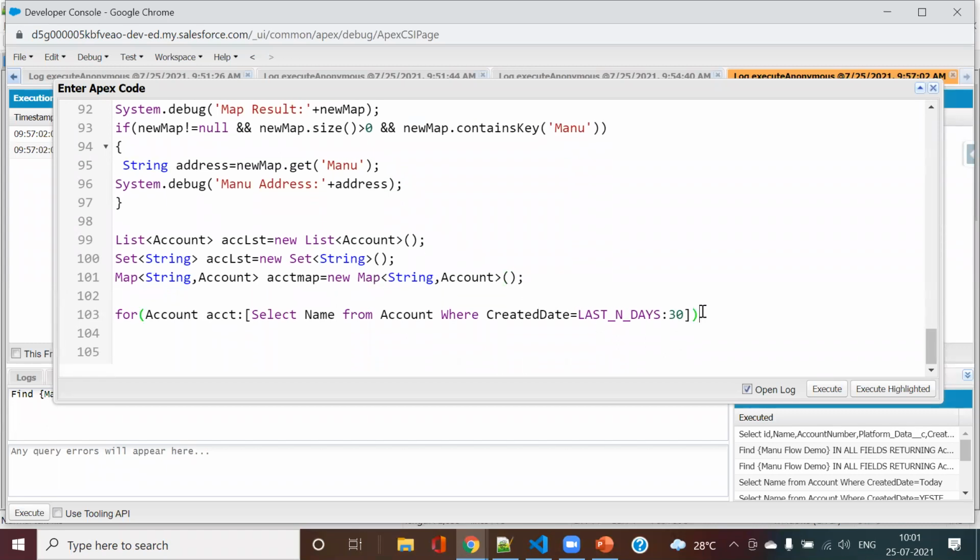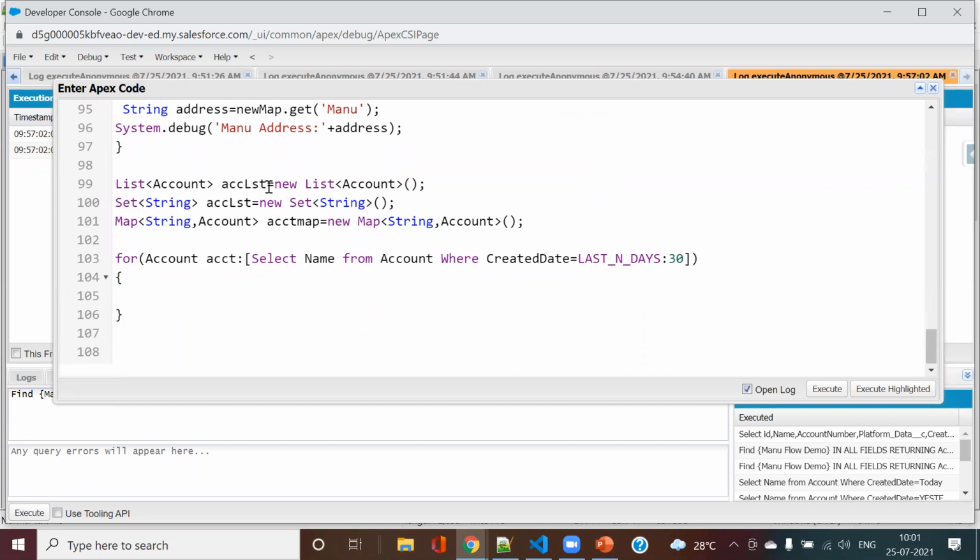Now I will add the list of account records which I get from this query into my list. After that, I will have one set.